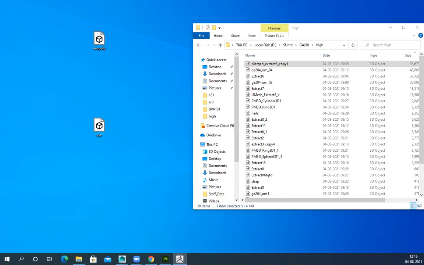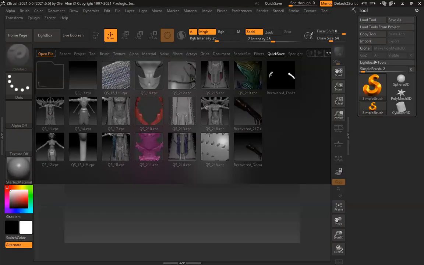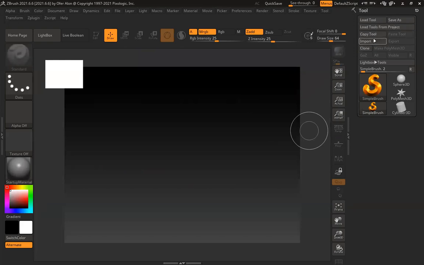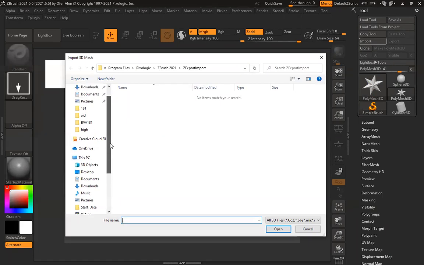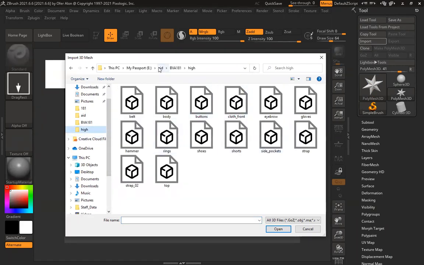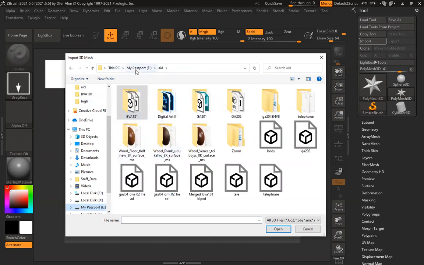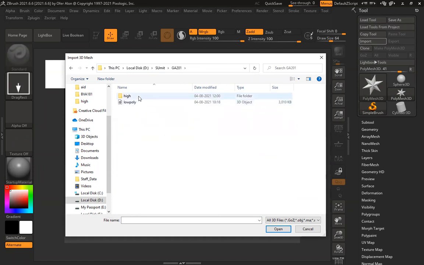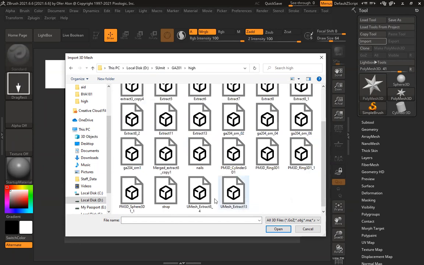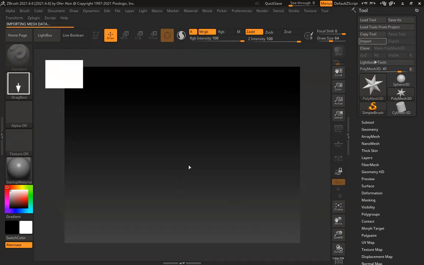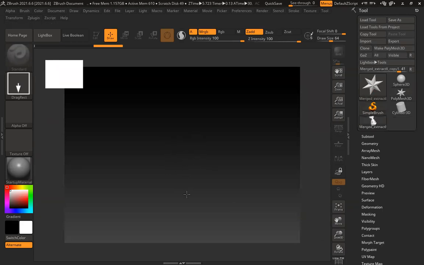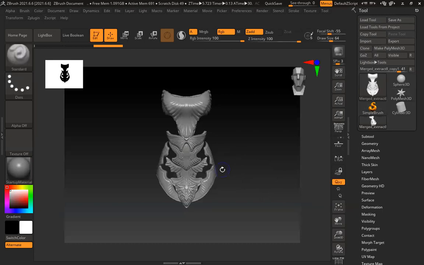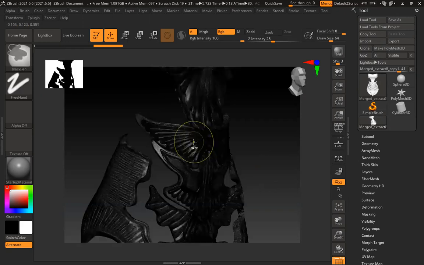Brush. Import. This one. So you can see the same problem, decimated.